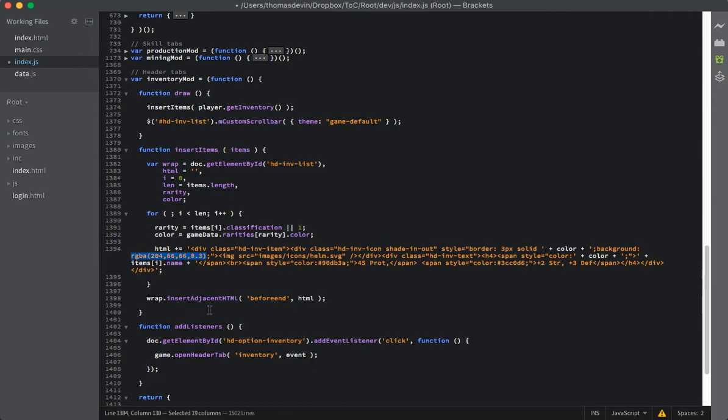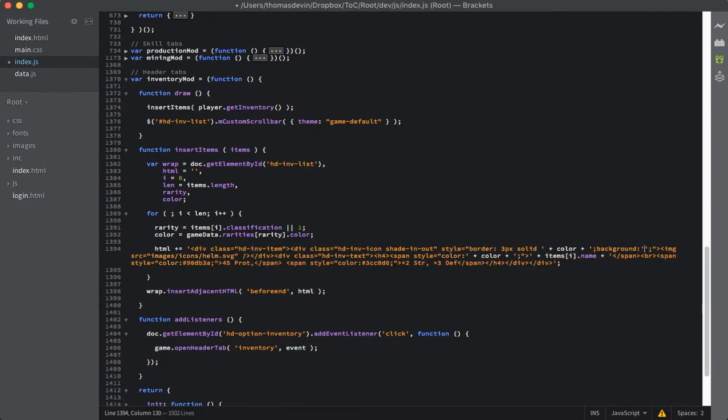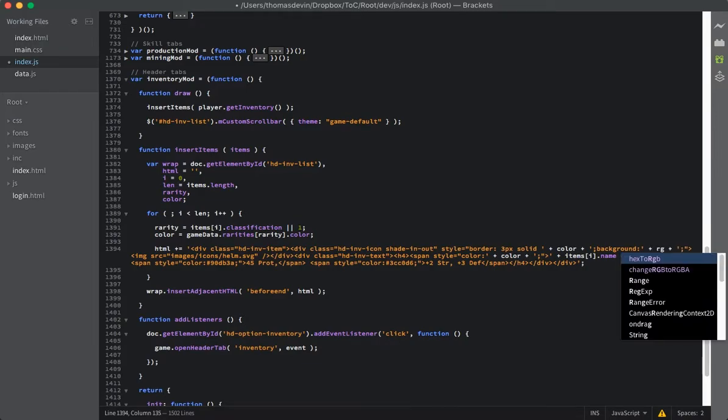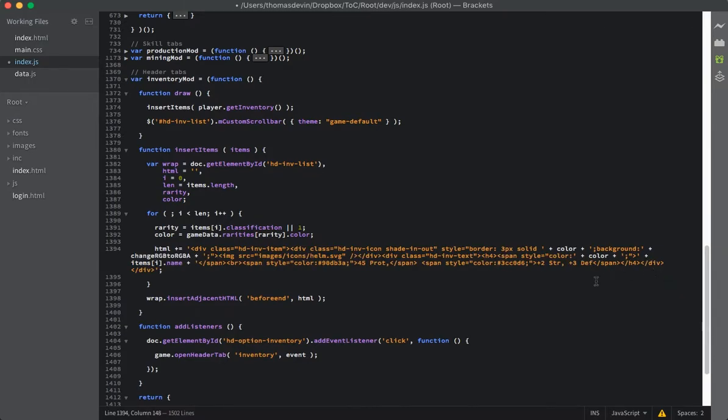And now what we want to do is just go ahead and delete that, and then again break our string. And then we have a couple of functions here that we use. So we have our hex to RGB function, and then we also have our change RGB to RGBA. So the first thing we're going to want to do, the one on the outside will be our change RGB